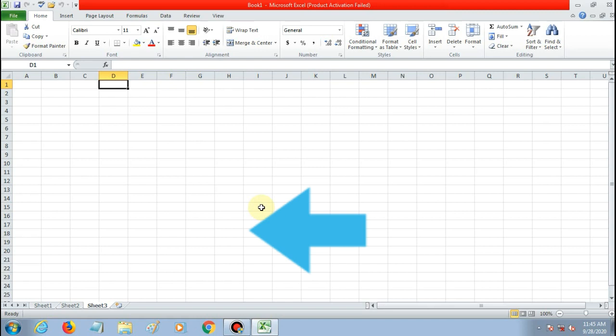If you want to move down, then use down arrow key, and for up use up arrow key. Okay, so in this way you can move the cell pointer in a worksheet. You can use the mouse also to move the cell pointer.